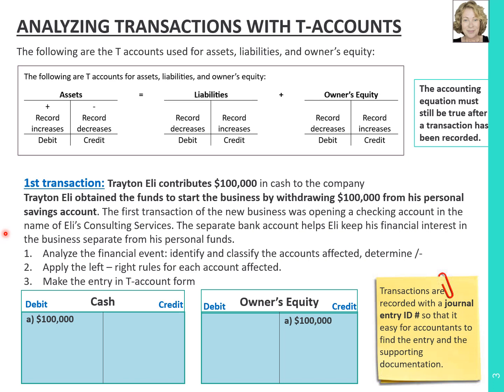Well, cash is an asset account, and we learned that assets increase with debits. That is why we write a debit on the left side of the cash account. The amount the business owes to the owner also increased, and we learned that owner's equity accounts increase with credits on the right side of the T account. So let's write a $100,000 credit into the owner's equity T account. Remember that all transactions must always balance. Otherwise, our accounting equation would not hold true. And so with the first transaction behind us, let's take a look at the next transactions.